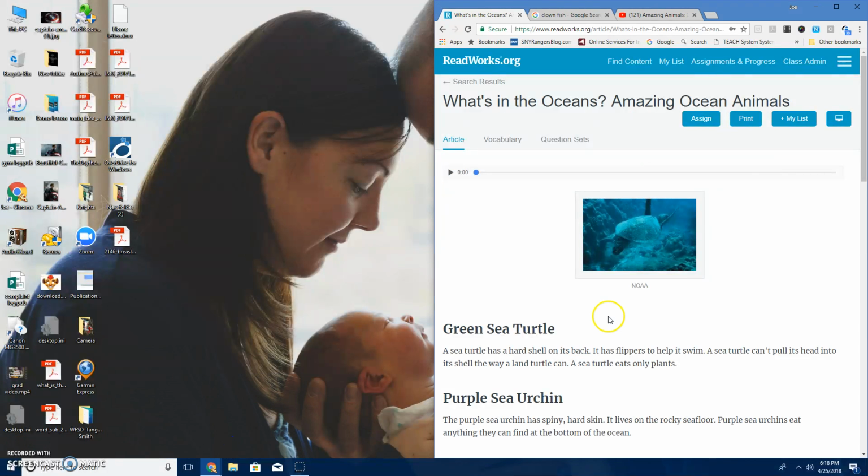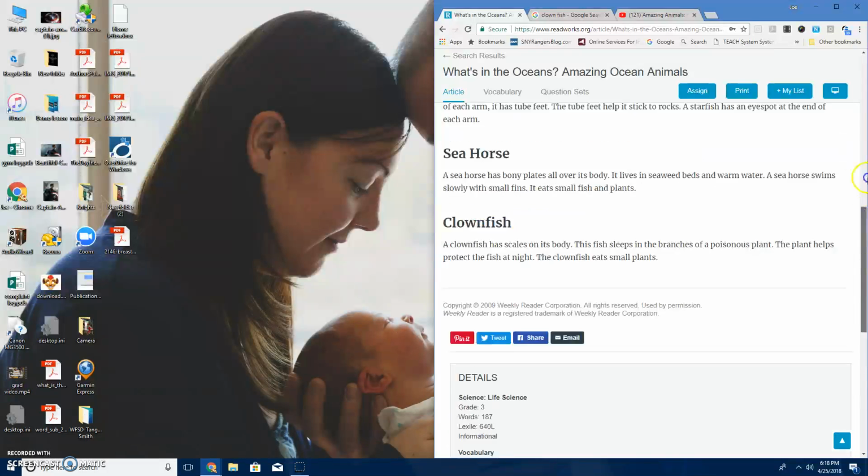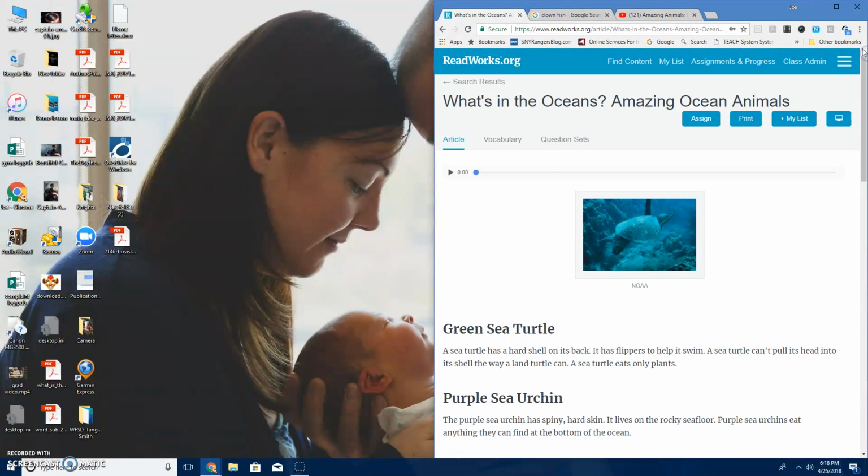So here I have in this window is your feature article that you spent time on. This one is based on ocean animals. And as you can see, it has all of our headings and information that we're going to need. Now, this is the information you came up with, so you can freely use it in your own Google Slides